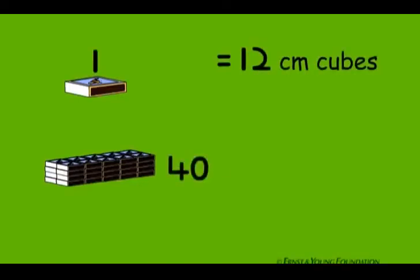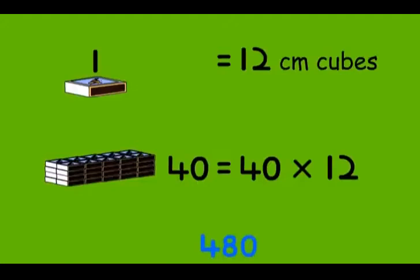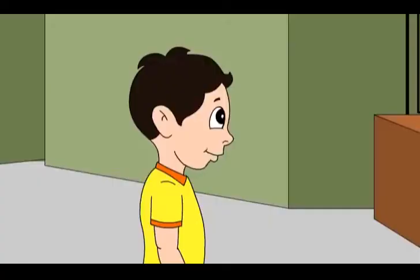We found out the volume of one matchbox to be 12 centimeter cubes. And this stage has 40 matchboxes in it. This way, the volume of the stage is 40 into 12, which is equal to 480 centimeter cubes. If we keep all the 480 centimeters